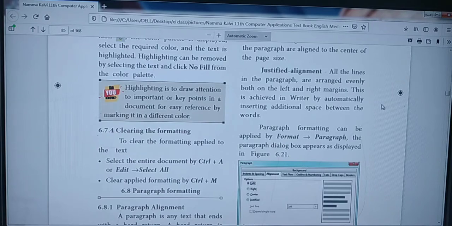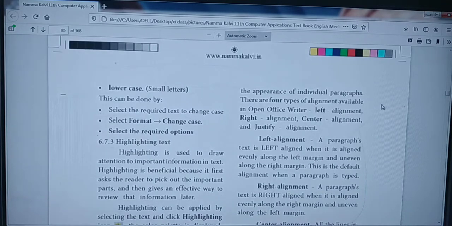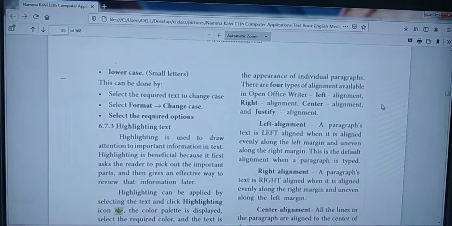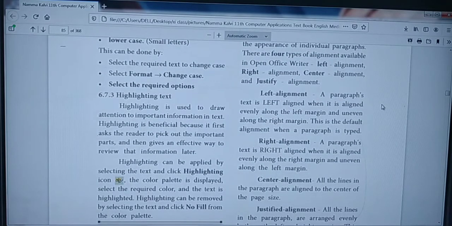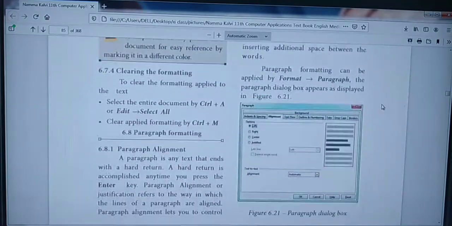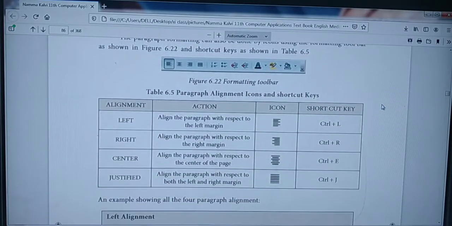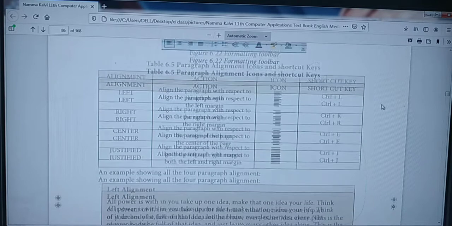Then come to this side. It's your paragraph alignment. Mark that full. It is your extra important 5-mark question. There you people have to go on with the left alignment, right, center, justified, everything you people must have, and no need to draw the diagram and all. So this is a simple tabular column to tell what we have just now discussed. Control L, these are the shortcuts, everything is given in a single paragraph for you.